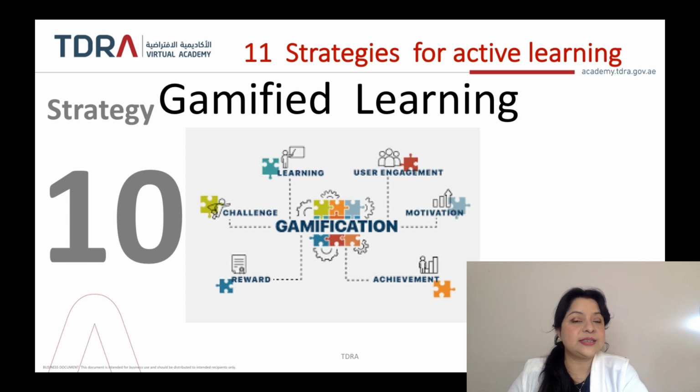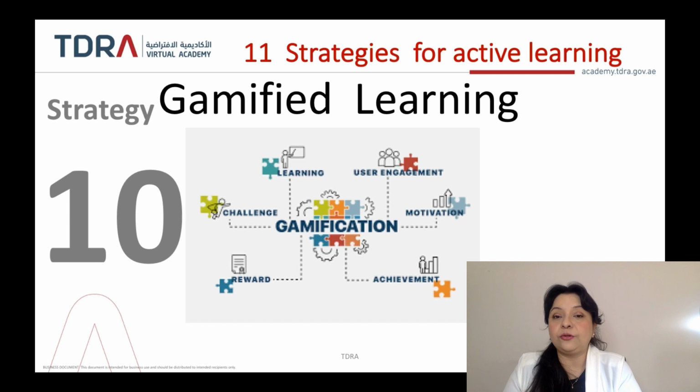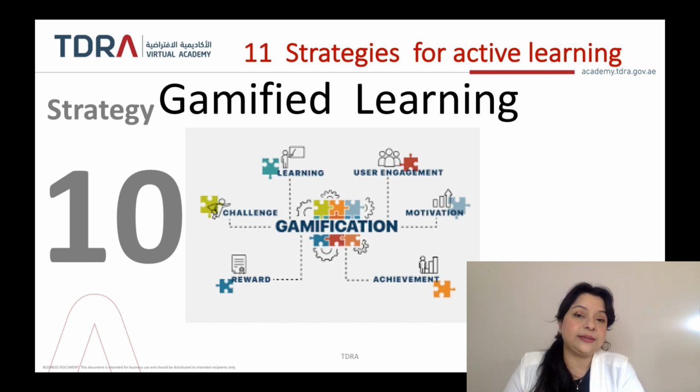So these are the first 10 strategies that we have done. And before we go to the 11th strategy, I would just like to recap what we have done so far under the strategy part. We have discussed, of course, the pair share, where we talked about the dyad and the triad. We talked about polling, why it is vitally important. We talked about group problem solving, how it encourages convergent and divergent thinking. We also talked about how it is important to have people come into debates and to have understanding as to what is going for them and what is not. We talked about learning summaries. We also talked about guided notes, and we talked about gamified learning.